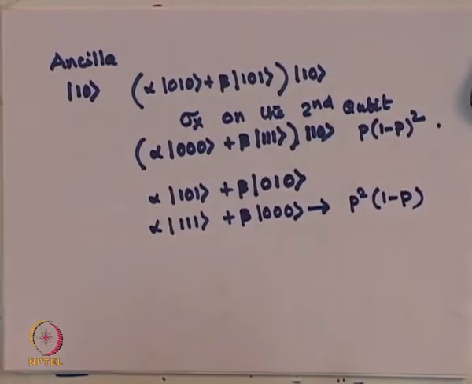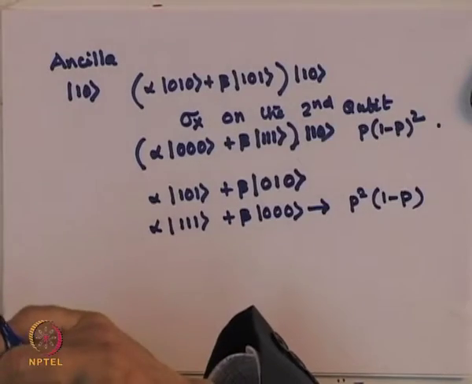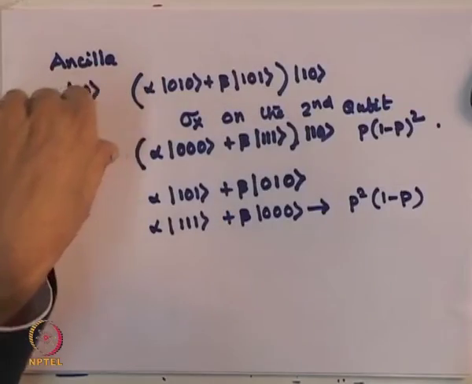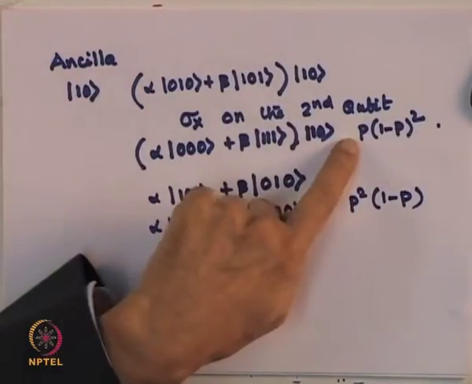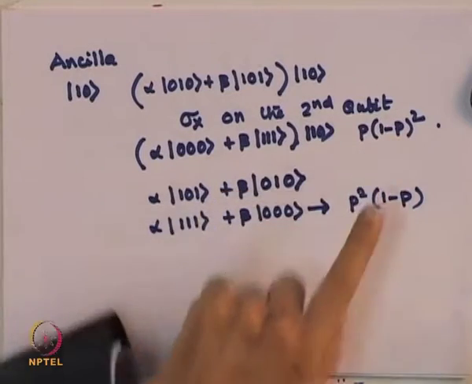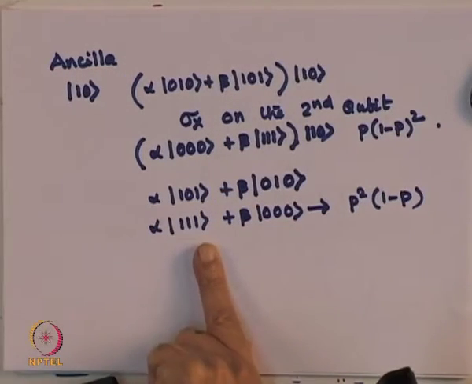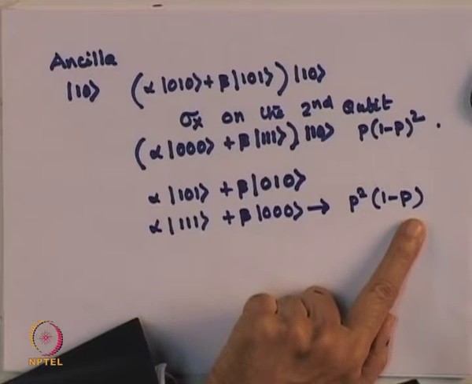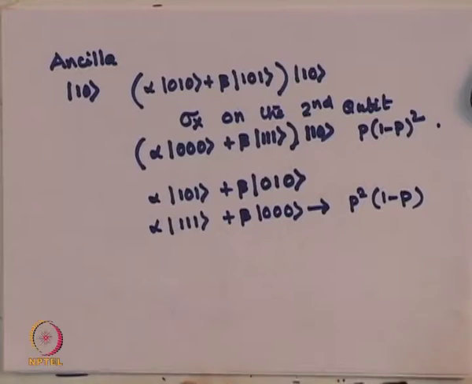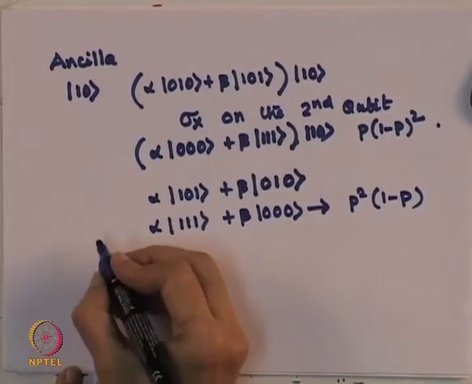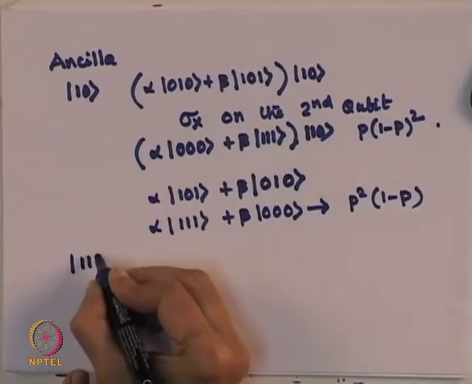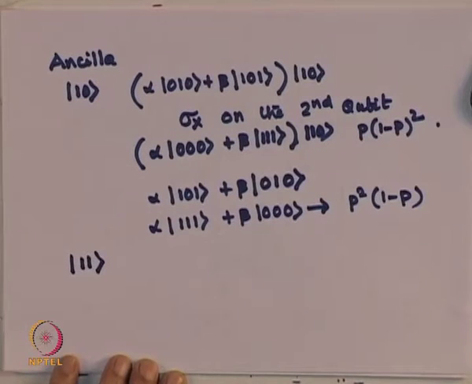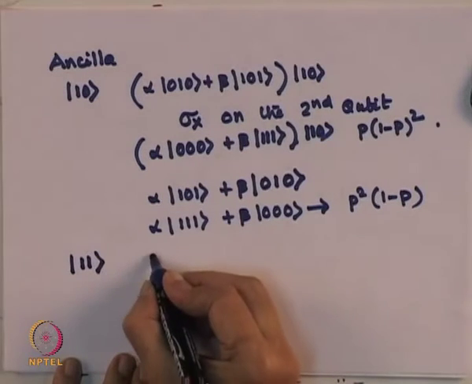So, in other words, once again, Bob's action has been to correct the error that occurred in the second qubit, or he was able to correct it with a probability p into (1 minus p) square, and he still has an error which occurred with a probability p square into (1 minus p). Finally, if the ancilla was measured to be equal to 1 1, then the X gate is applied on the first qubit,